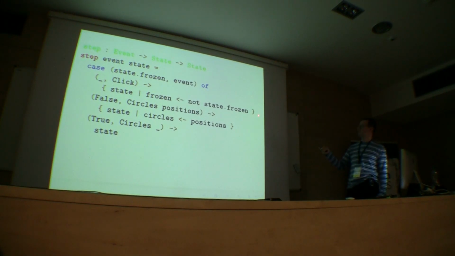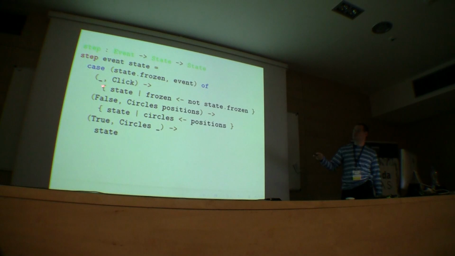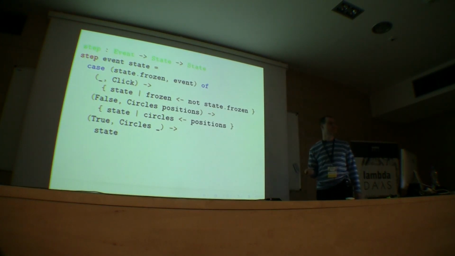This is the syntax to take a record and update one of the fields of this record with a new value. This underscore obviously means that I don't care about the value. The second situation that I want to handle is when we are in unfrozen state. In this case, I want to take the new positions and update the state with the new positions. And finally, the third situation is when we are in the frozen state,